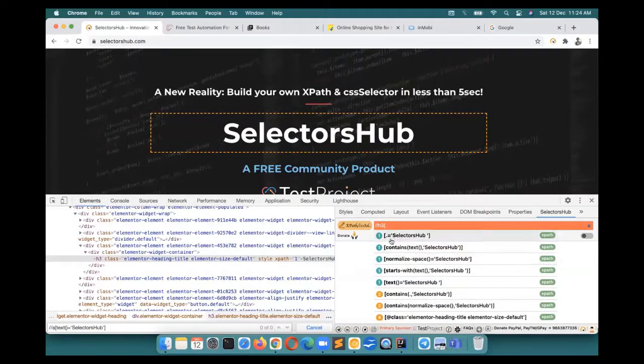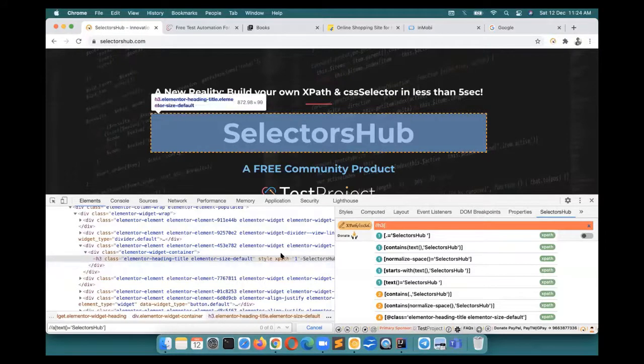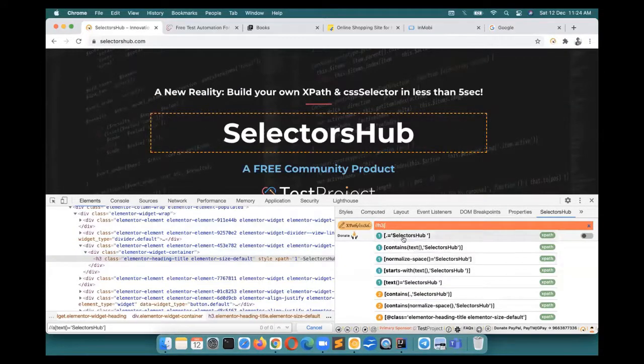So you would be able to learn from this, because many interviewers ask such questions, like how many functions are possible for this XPath? Can you write me some different kinds of pattern for this element which you can write for XPath? So dot is there, contains text is possible, normalize space is possible, starts with text is possible, text is possible.